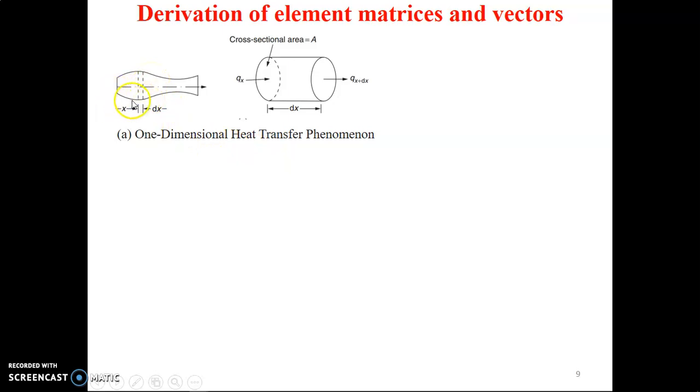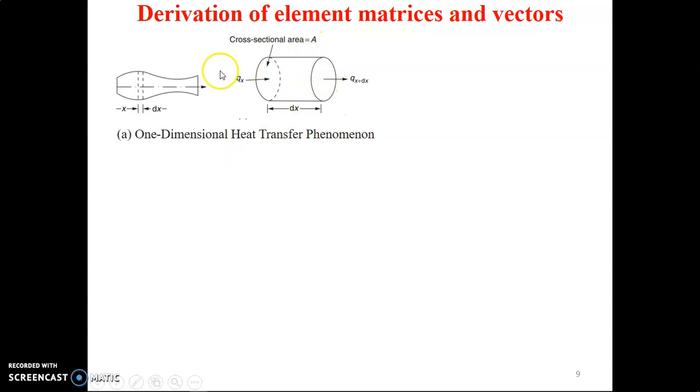So you can see that the cross-sectional shape of the fin is continuously changing as we are moving in the x direction. At a particular distance x from the origin, we will select a differential element dx. In the differential element, Qx is the amount of heat entering the system, and Qx plus dx is the amount of heat leaving the system at a distance of dx. For this particular differential element, we can assume that the cross-sectional